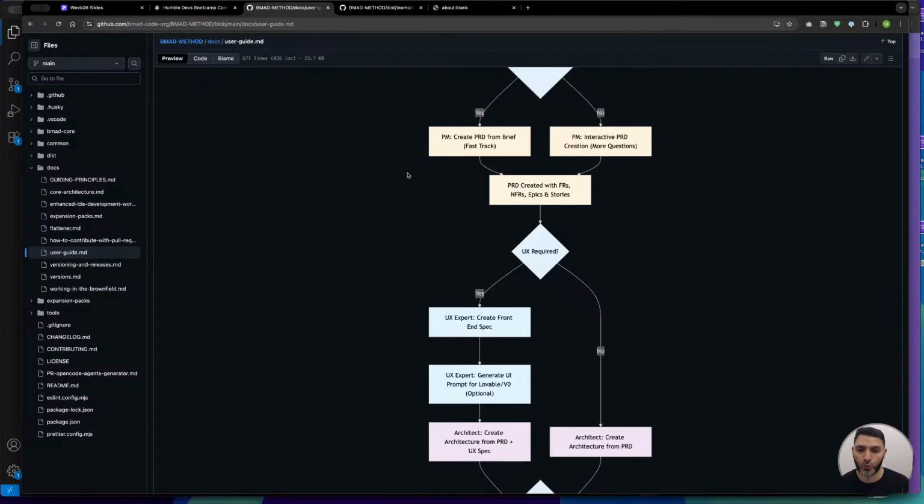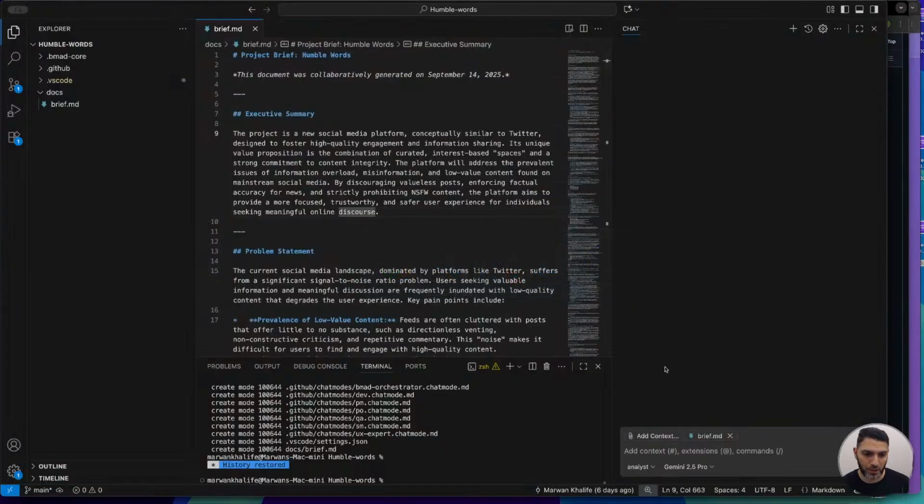So we're going to switch to the project manager in our IDE. Before, we were using the analyst. We're now going to switch to the PM, and we're going to tell the PM,